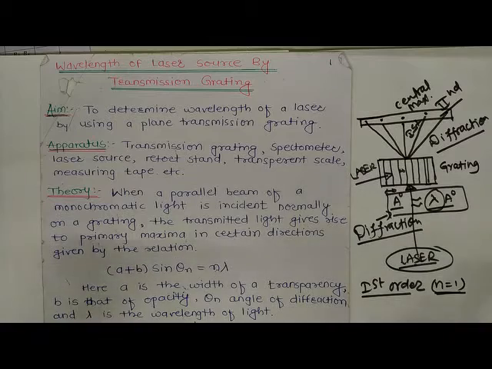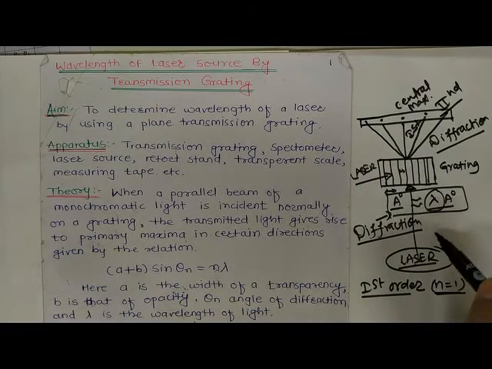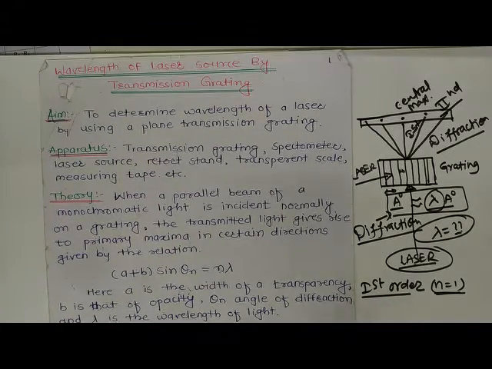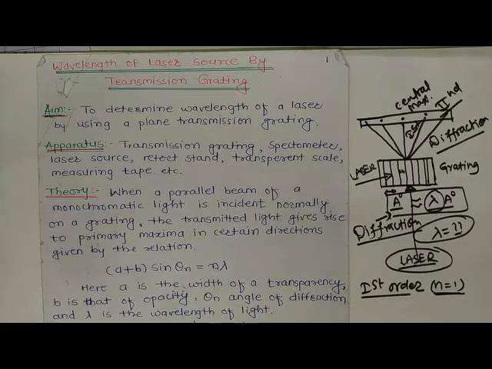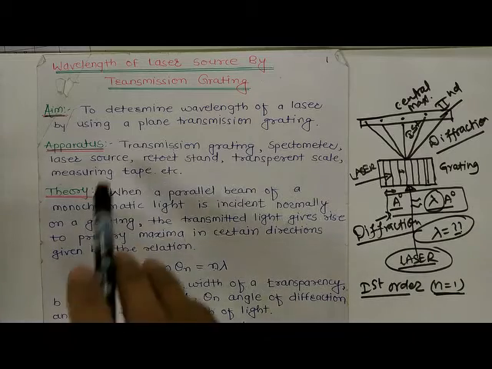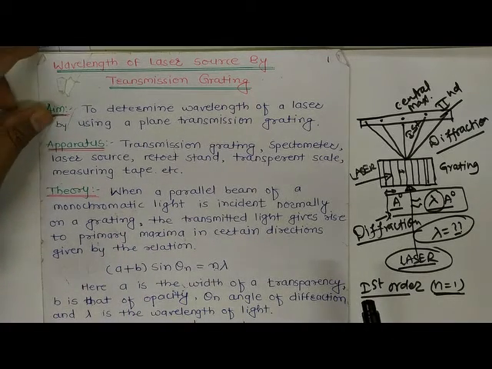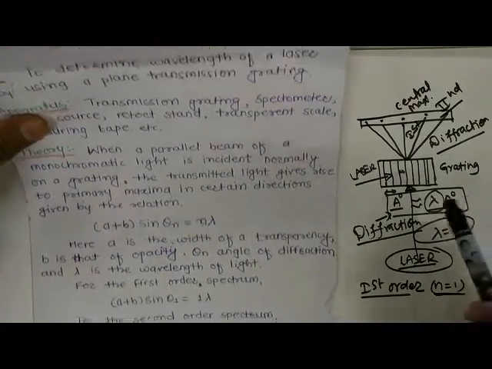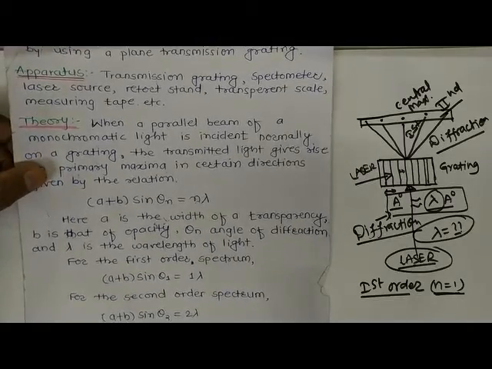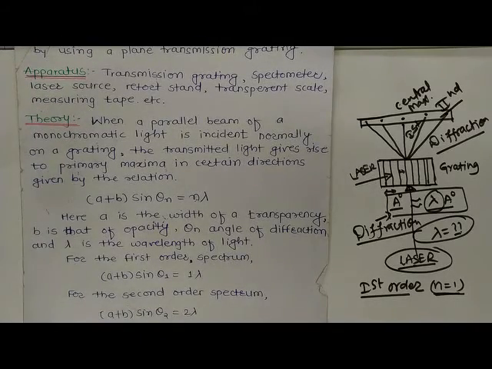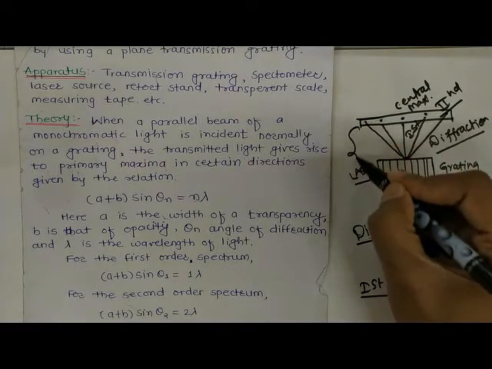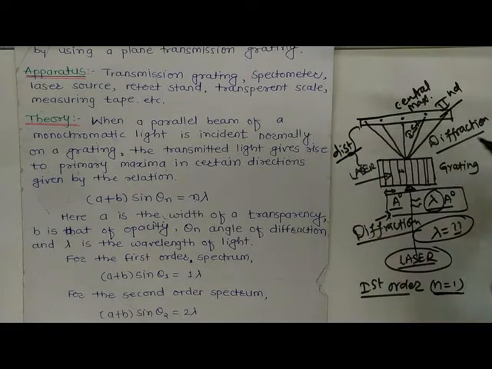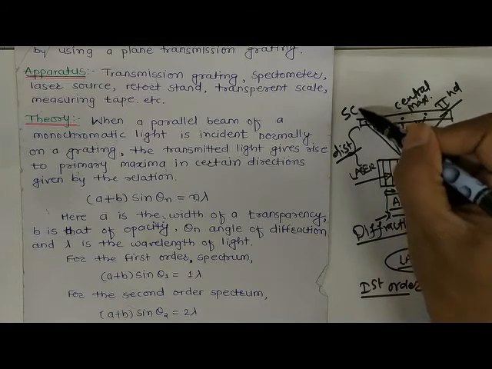Whatever laser we are using, its wavelength is what we have to find. That is our target, to find the wavelength of the laser source, and for that we are using this grating. This is the practical we have to do. So this is the aim, apparatus and some theoretical aspects. This formula we have to use, and this is simply the process. In this process we have to change the distance between the source, the grating and the screen.